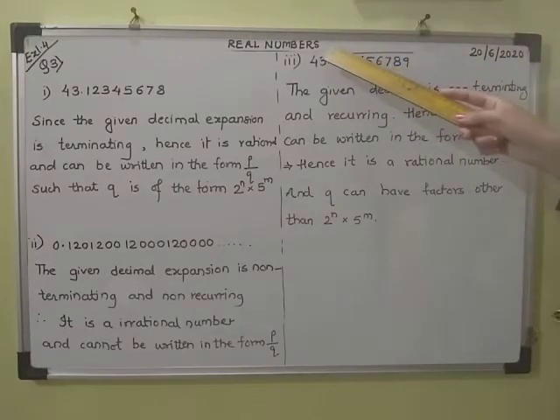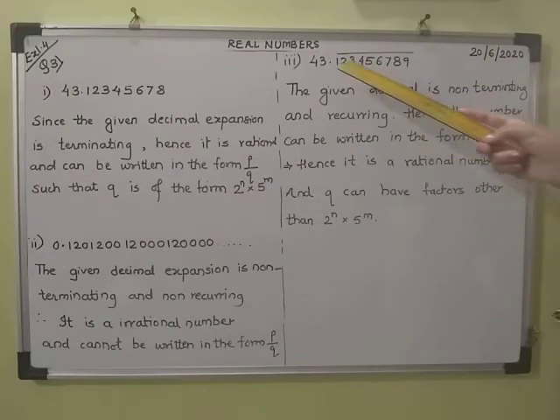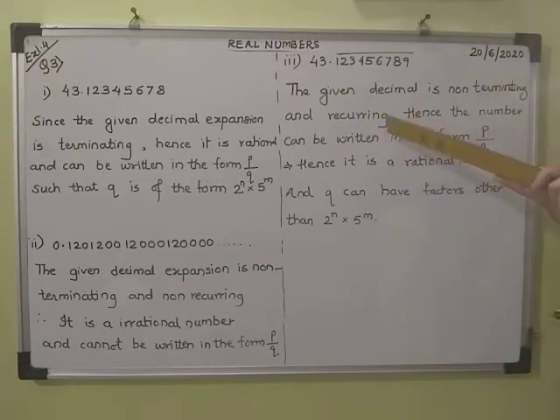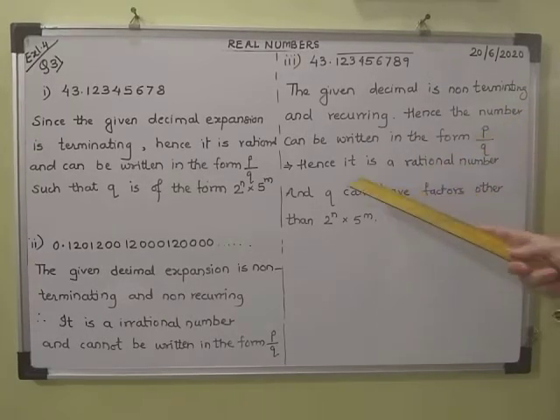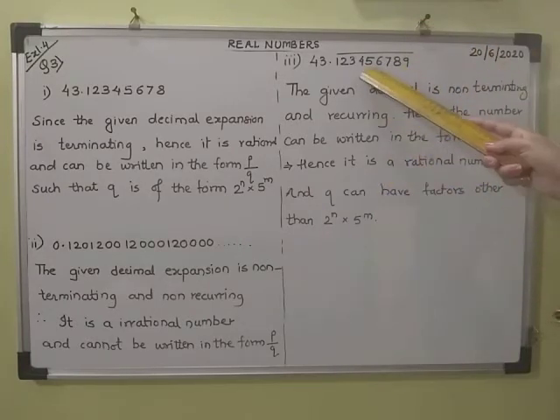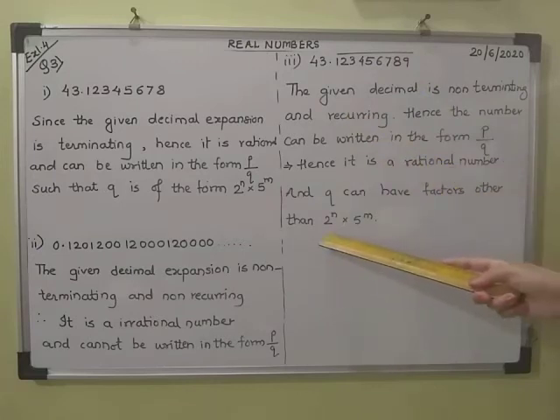43.123456789 and there is a bar. That means what? This bar means it is repeating. So the decimal expansion is non-terminating because this is repeating. It is non-terminating and recurring. If it is recurring, that means the number can be written in the form p upon q, and it is a rational number. Okay, only thing, what is the thing here, that q can have factors other than 2 raised